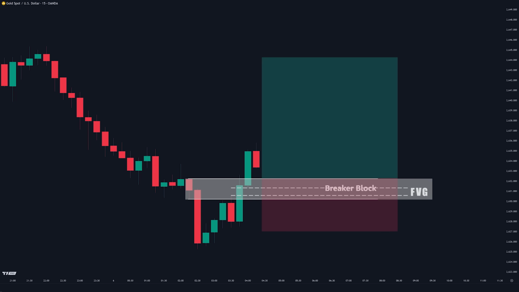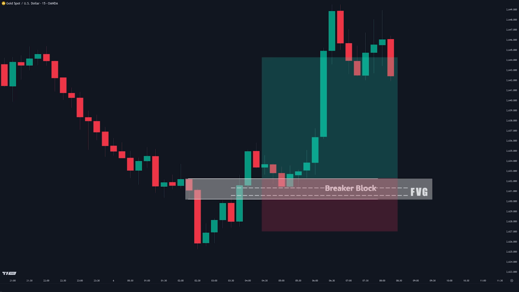For targets, focus on key levels in the market structure ahead of the price, aiming for a favorable risk-to-reward ratio. This setup allows us to trade with confidence, leveraging the alignment of multiple price action signals to improve accuracy. By sticking to this approach, we maximize our chances of catching high-probability trades during this reversal opportunity while keeping risk